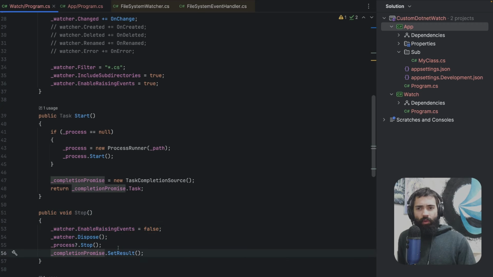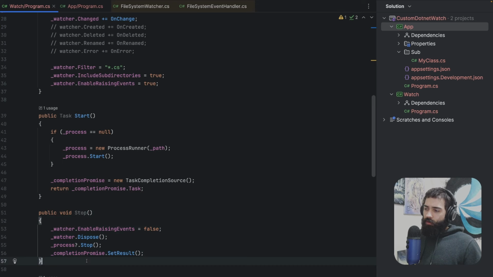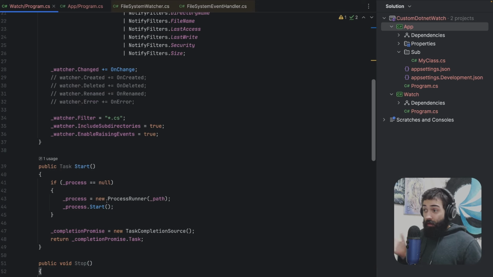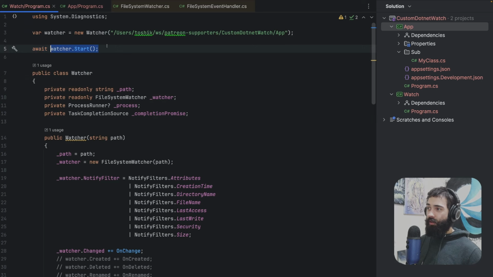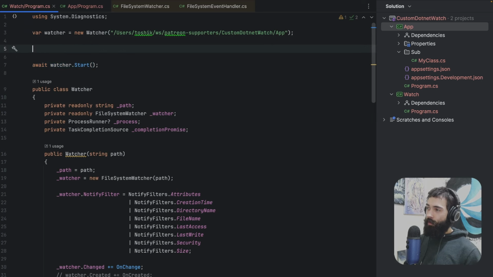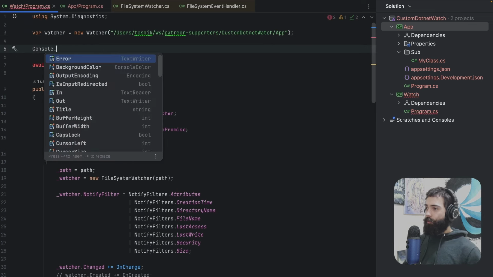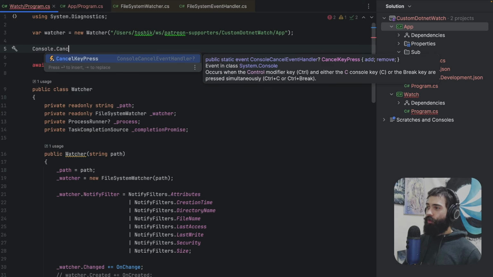So what do we do now? How do we call the stop function? So a little trick again, not many people know about this. The way that you override the cancel command, and by the way, I'm just gonna put a wait over here. So once I have spun up my watcher, I want to go ahead and start it and wait for it to finish. All right, but anyway, on the console, if you search for a cancel, there's going to be